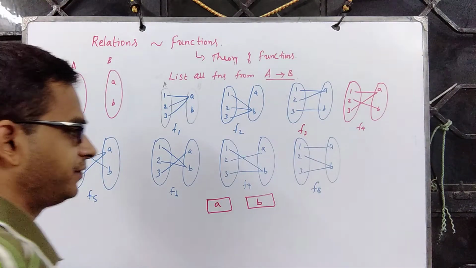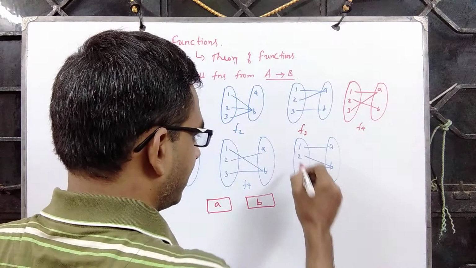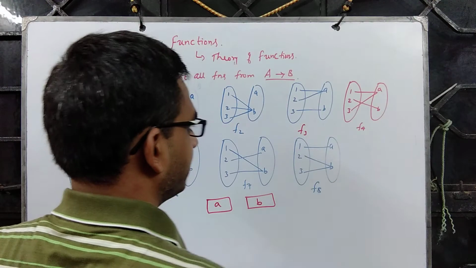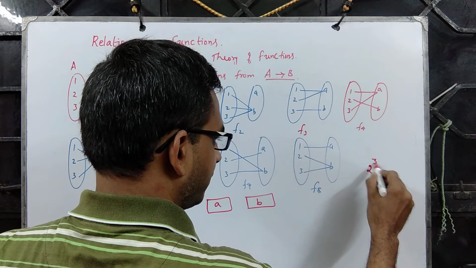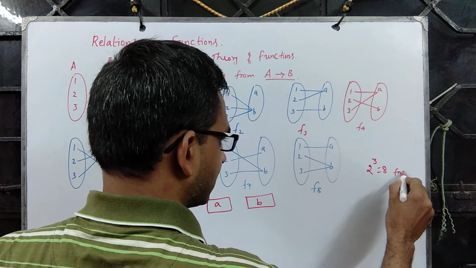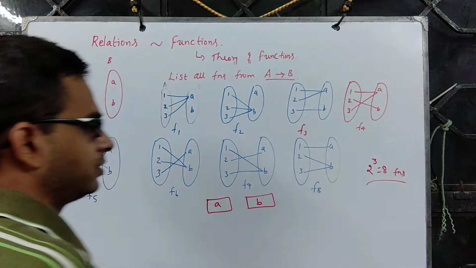So from this we see that each of this has got 2 possibilities. So this counting says there are 2 power 3, 8 functions. Now you see that